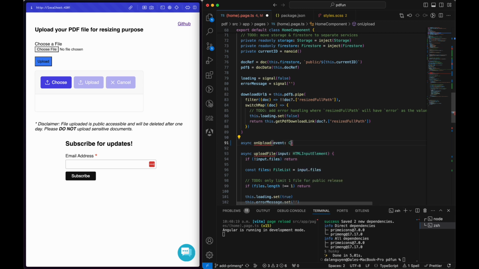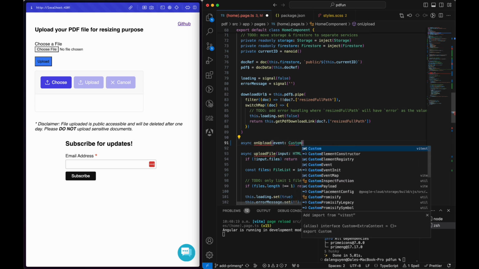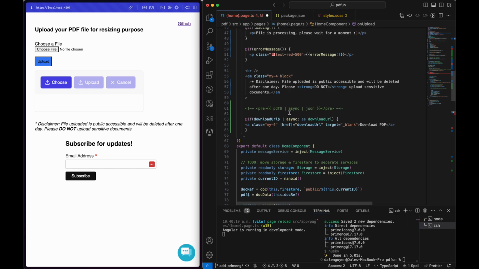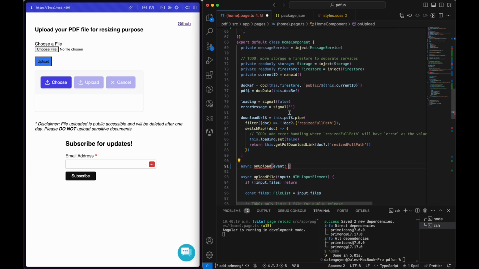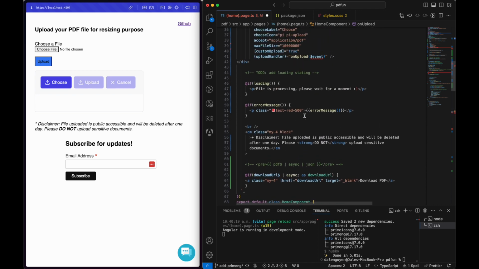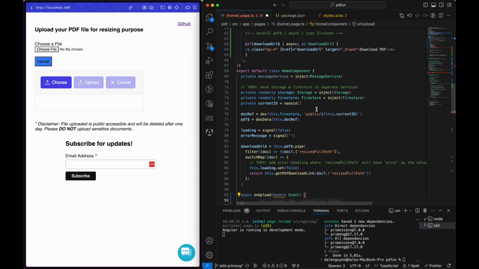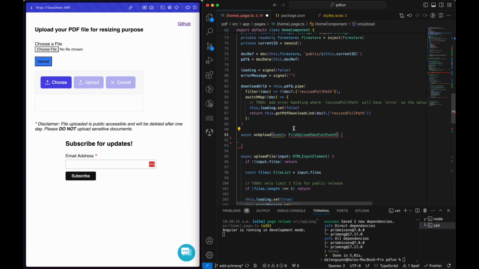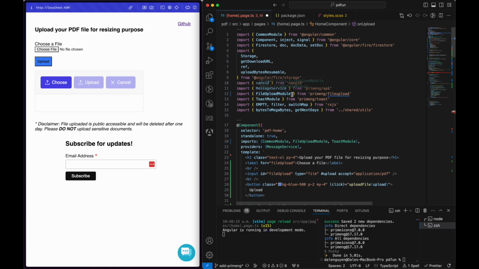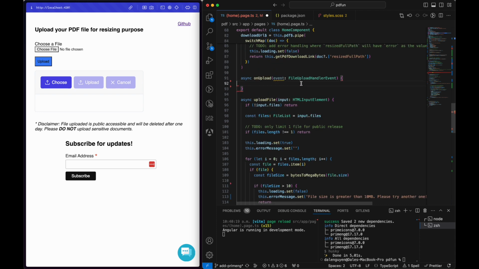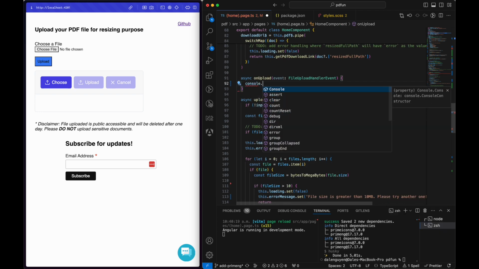Event custom file. I think the type of this one is something, but let's check the type. You will see it different here. So the type is file upload handler event. Yep, event. And I need to import the type from the PrimeNG file upload. Okay. So if I console log this one,